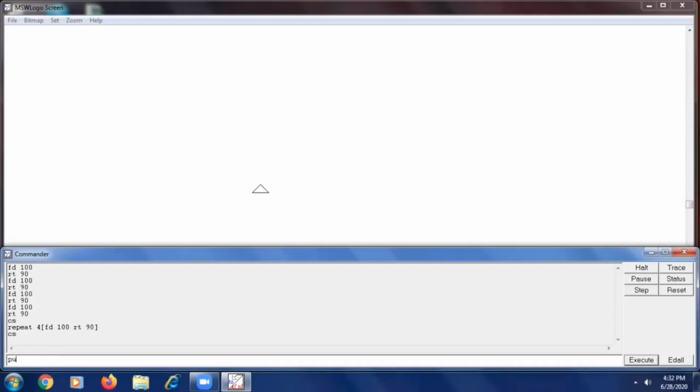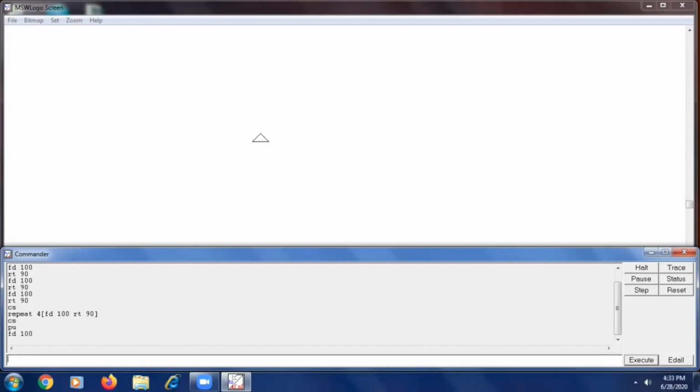Just write PU, the short form of pen up. PU means pen is up. Now it will move FD 100. See, the turtle has moved, but there is no line.